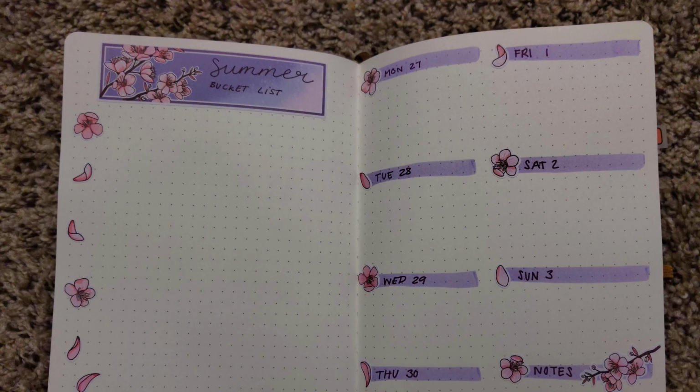And finally, on the week of the 27th is a page very similar to the last page, with a blank header and then just 8 boxes, one for notes on the other side. This one I had labeled Summer Bucket List, which probably would have been better used for the last page, so